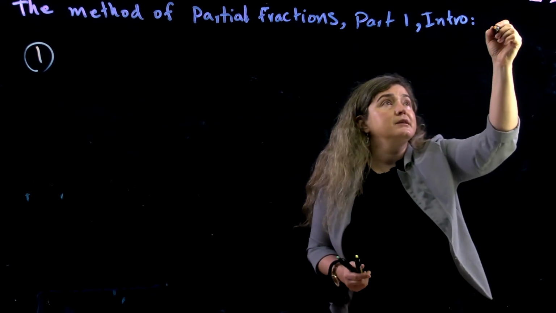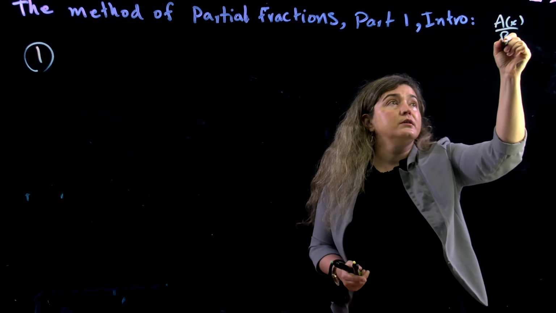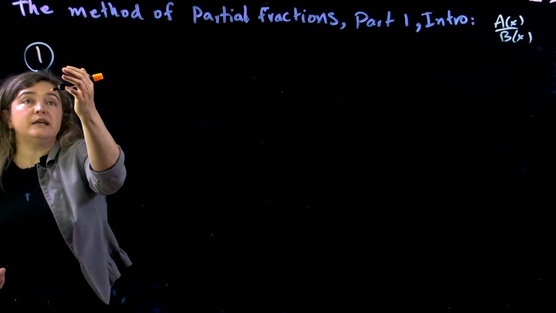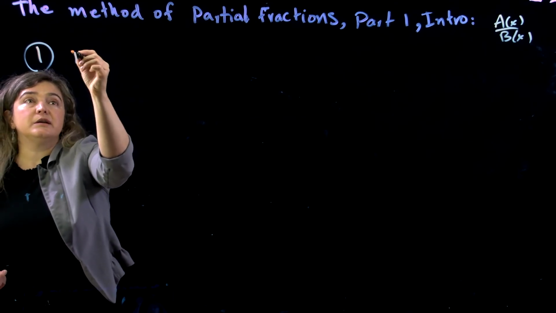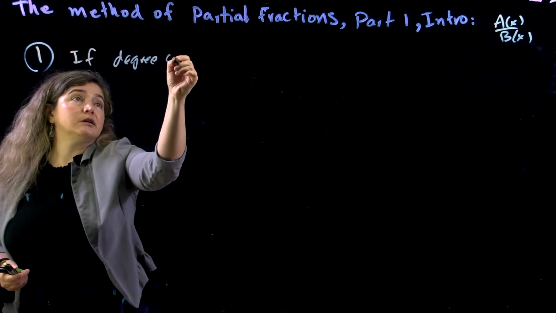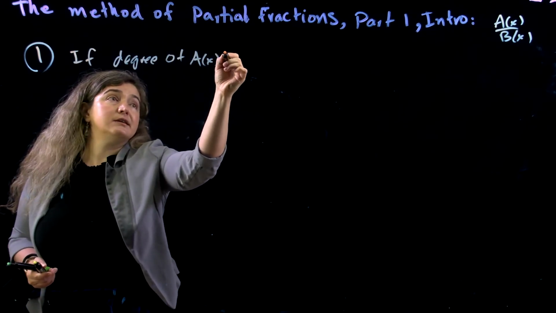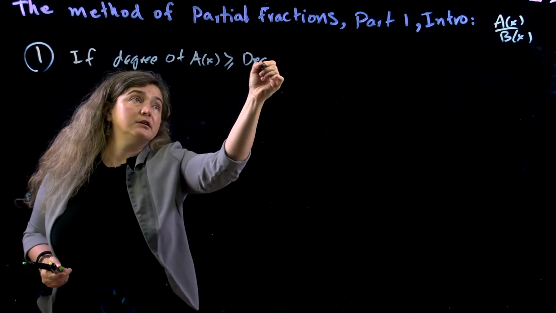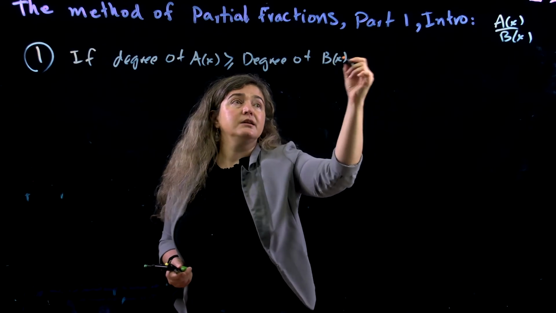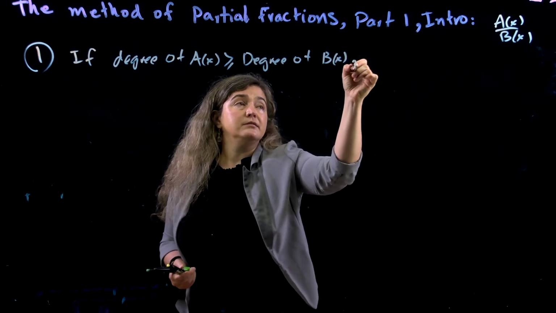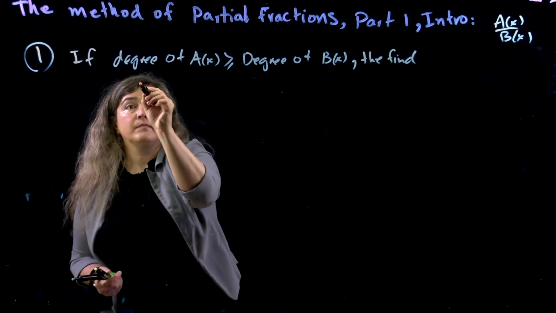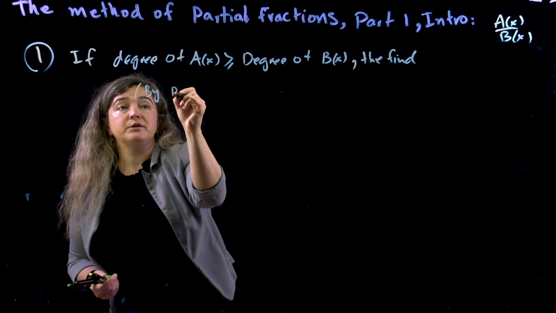Let's write it as a of x over b of x. Plan one is, if the degree of a of x is bigger than or equal to the degree of b of x, then find by polynomial division